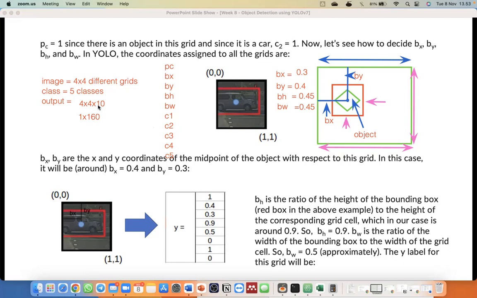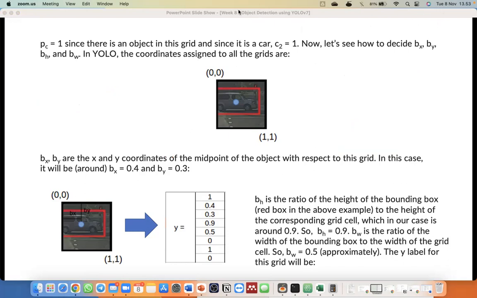That's why the computational cost between YOLO and CNN is different. The computational cost is much higher in YOLO if you compare with the CNN for image classification. Okay, we can just go to the next slide.